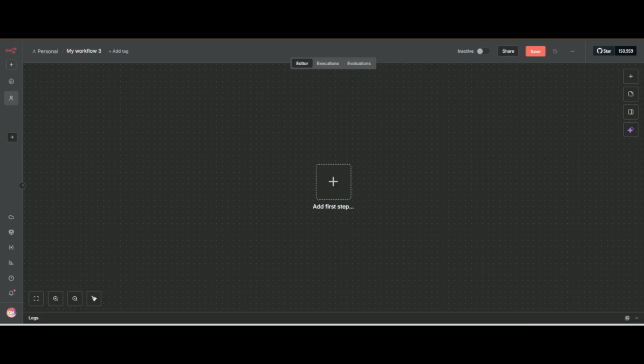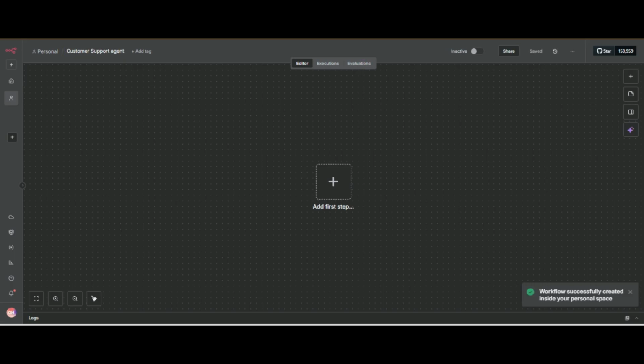This is the digital canvas. I have already told you about it in previous theory-based classes. So now this is the workflow, the digital canvas for building. Here you connect multiple nodes and build an automation. Here you can give the name. So we give the name customer support agent. It will automatically save.